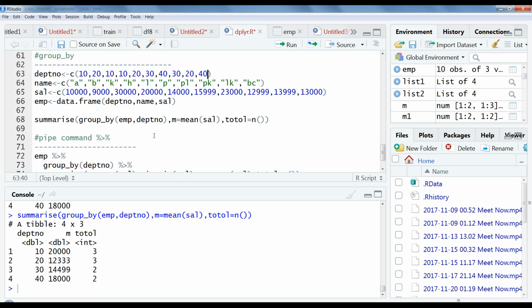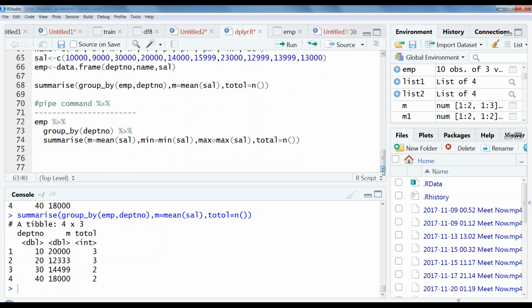Moving on to the next and last option in our dplyr package, we have the pipe command. The pipe command is like this. The pipe operator is a pipe command, so here I have EMP, and all the data in EMP I'm going to input to the next operation. What I'm going to do here is group by the department. At the first stage, we have all the employees without any group by or function, and we input that to group by department number. So now the employee table is going to be grouped department number wise.